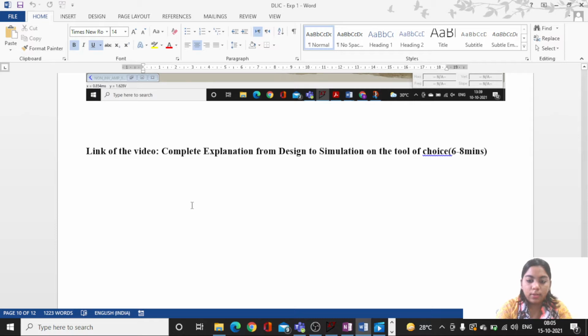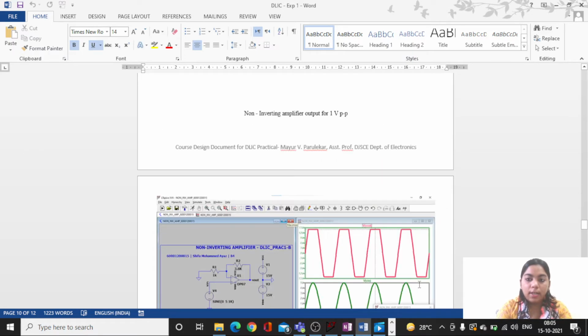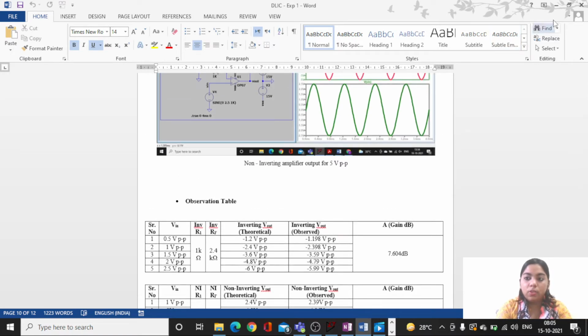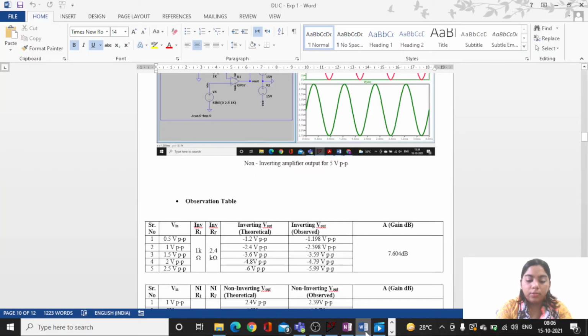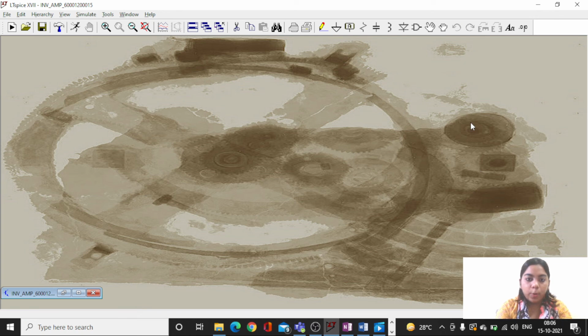So that's all about my explanation regarding this experiment. I'll be leaving a document in the description box about how to install your third-party PSpice model, and how I imported LM741 and TL084 in my experiment. I'll be leaving that PDF for you all so that it becomes easy for you to do. Okay, thank you.